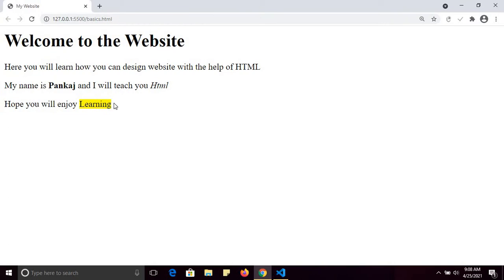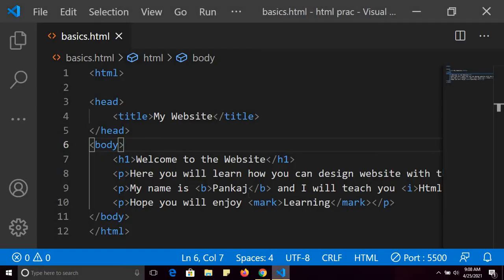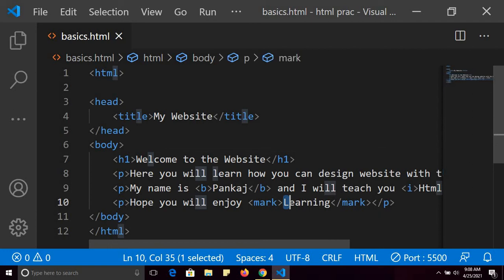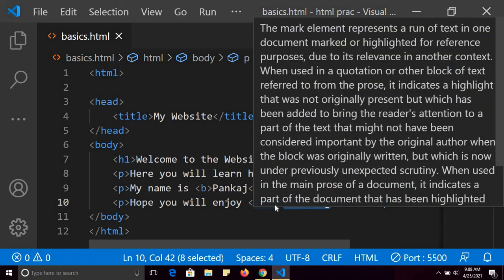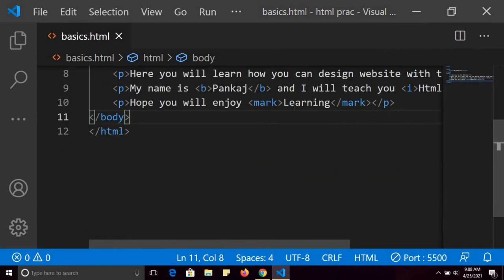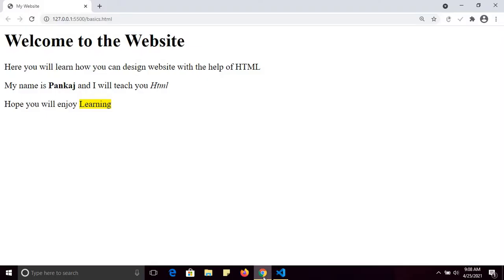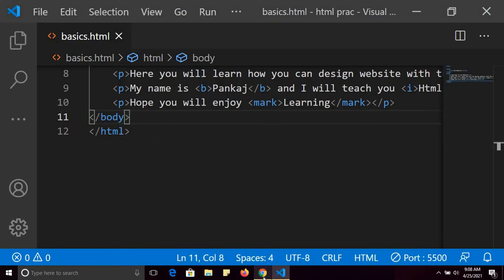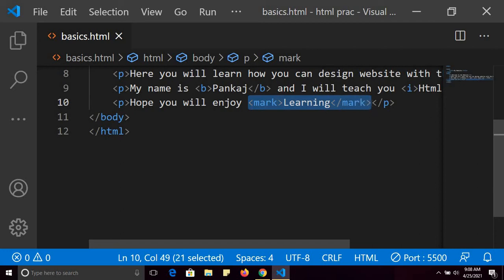So see, the mark tag is used to highlight something on your web page. Here I am using the mark tag, and in the mark tag I am writing learning. As you can see here, learning is highlighted on my web page. So the mark tag is used to highlight things on your web page.